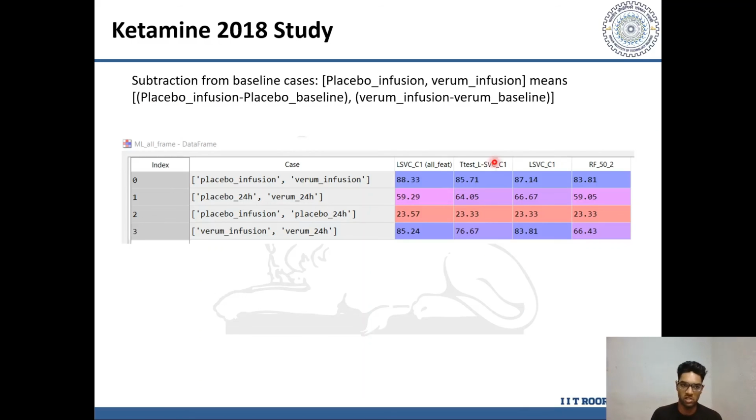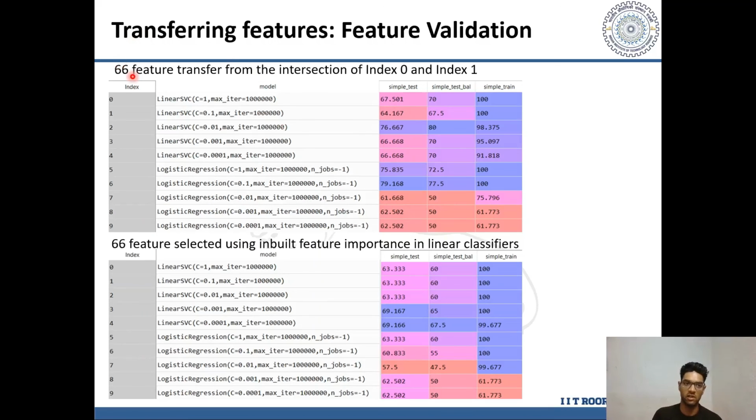So from the intersection of the top 1000 features from 0 and 1, which actually represents the regions which are more related to ketamine. Here we are not focusing on the ketamine infusion regions, but on the regions which have any kind of effect on the ketamine. So we take the intersection of the top 1000 features of the 0 and 1 index, and we get the 66